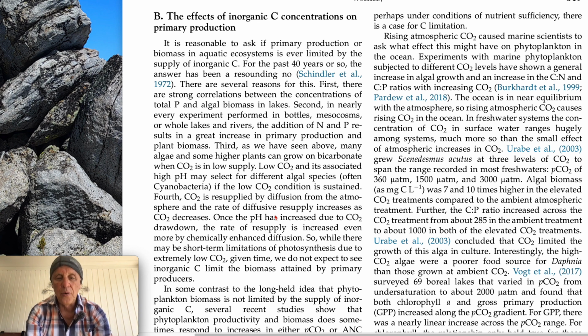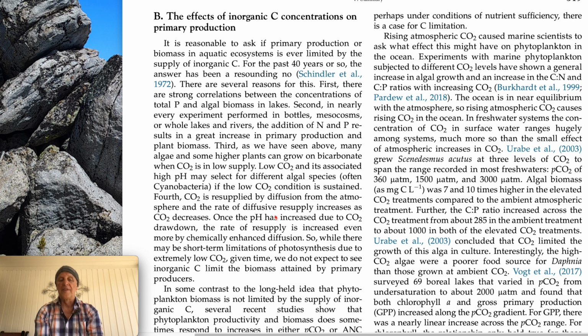First, there is strong correlation between the concentration of total phosphorus and algal biomass in lakes. Second, in nearly every experiment performed in bottles, microcosms, or whole lakes and rivers, the addition of nitrogen and phosphorus results in a great increase in primary production and plant biomass. Third, as we have seen above, many algae and some higher plants can grow on bicarbonate when CO2 is in low supply. Low CO2 and its associated high pH may select for different algal species. If the low CO2 condition is sustained,